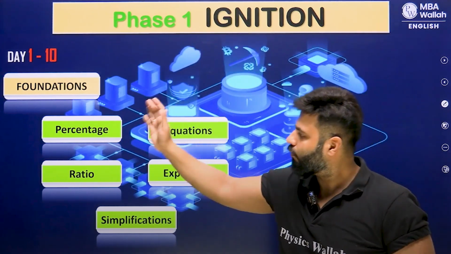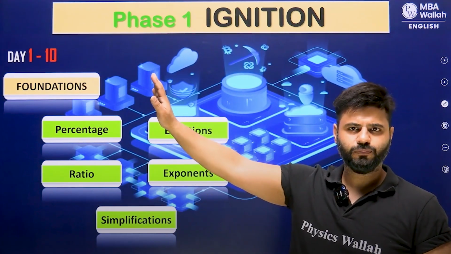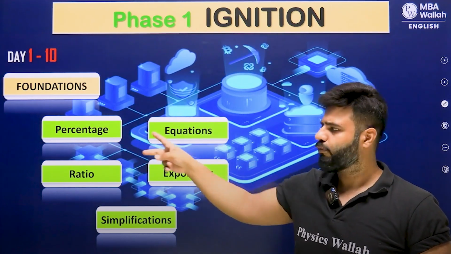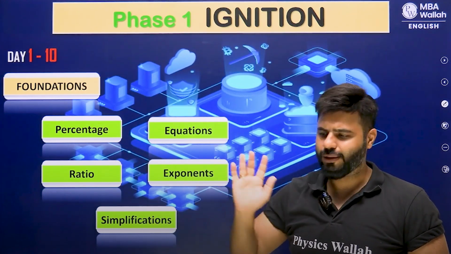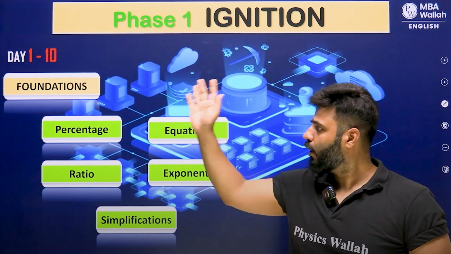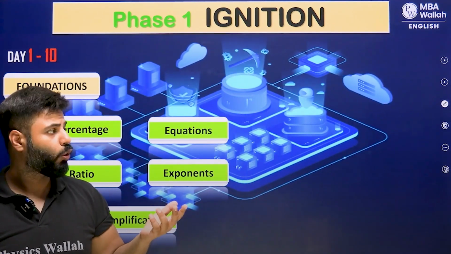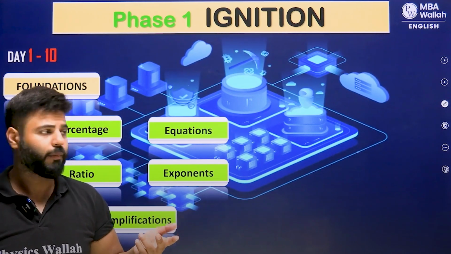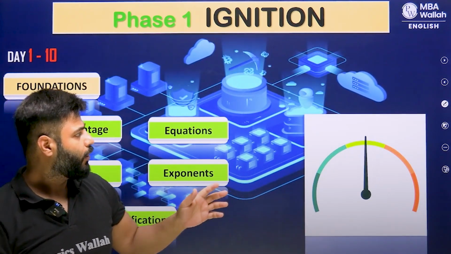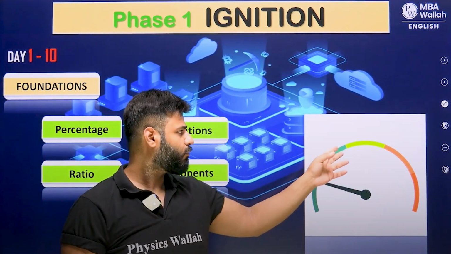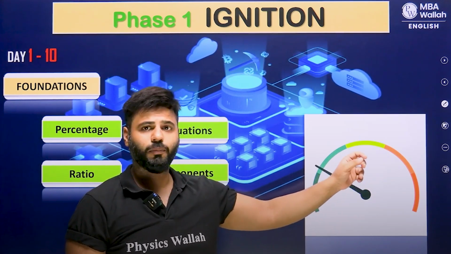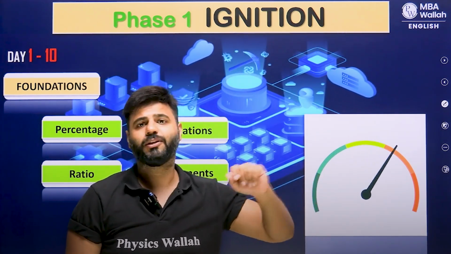So just get hold of these basics and take 10 days. Take somewhere around 4 to 5 here, 4 to 5 here, and 1 to 2 days over here. That would work. Remember, the process of increasing your confidence or the number of questions attempted is very slow, right? You might start from here, and reaching up to here will take some time.